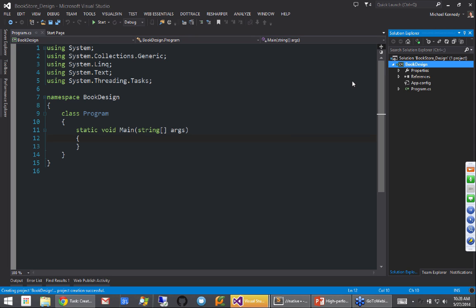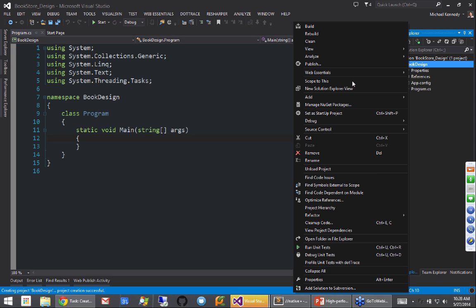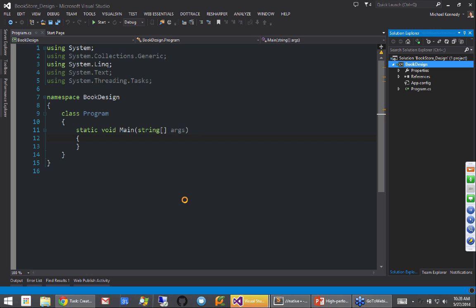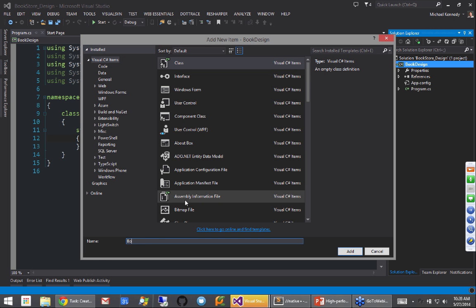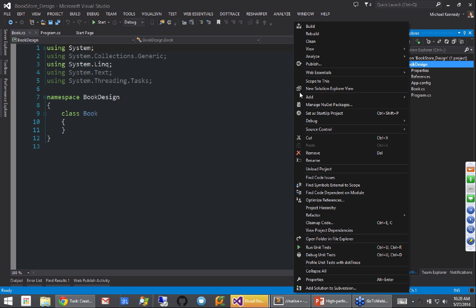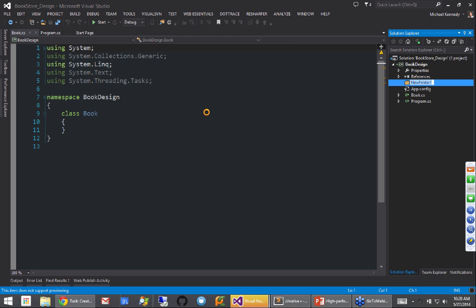And the first thing we've got to do is define our class. We won't spend a whole lot of time talking about it. I'll give you enough to see it, but not to start from scratch. So let's suppose we have this concept of a book. And we might have two other things here as well. Let me make it a little more obvious what our data looks like. So I'll have a folder called models. I'm going to put the book in there.